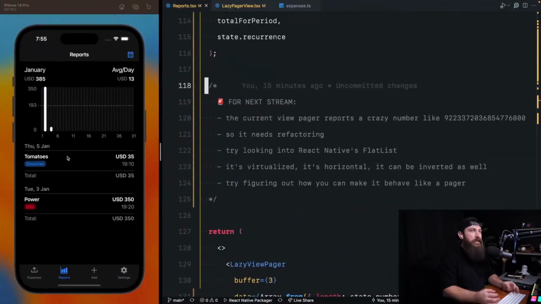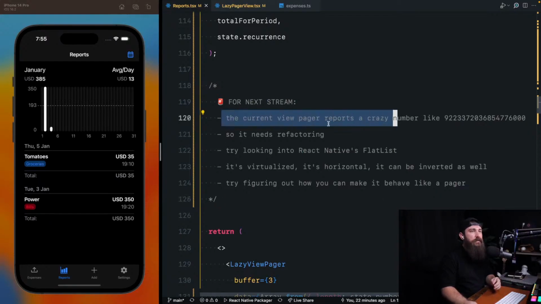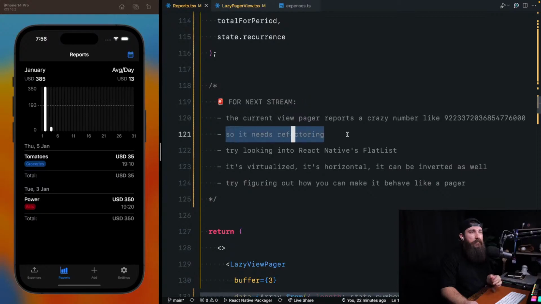We'll just leave this here. We left a comment from last stream for next stream: the current view pager reports a crazy number. I can't even read this. I'm not sure if there's a word for it. There's probably a scientific word for it. So it needs refactoring. Try looking into React Native's FlatList, because right now we're using an implementation of the